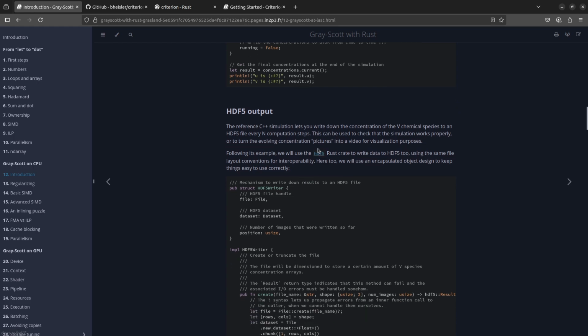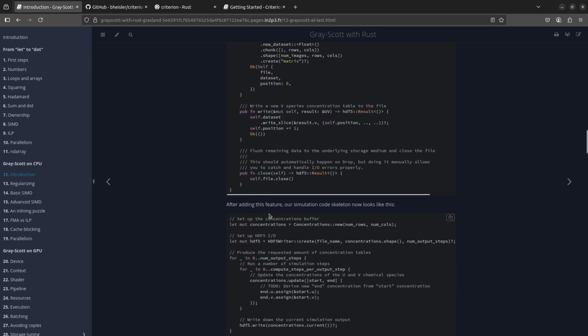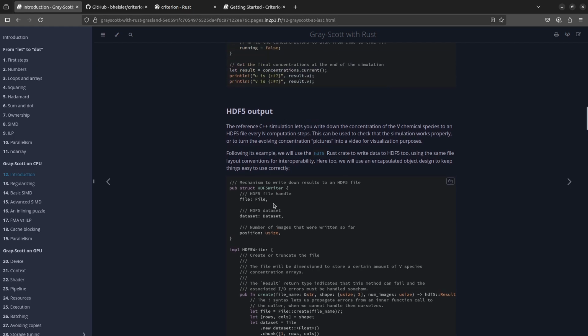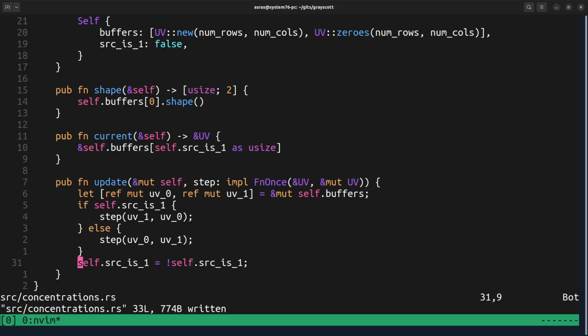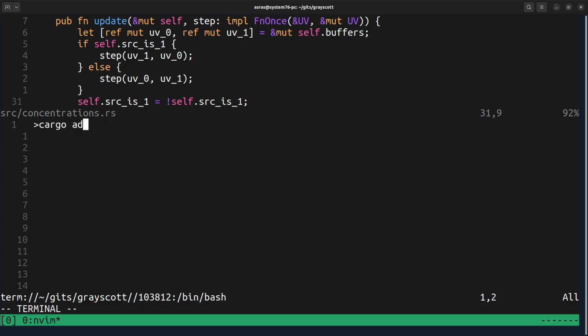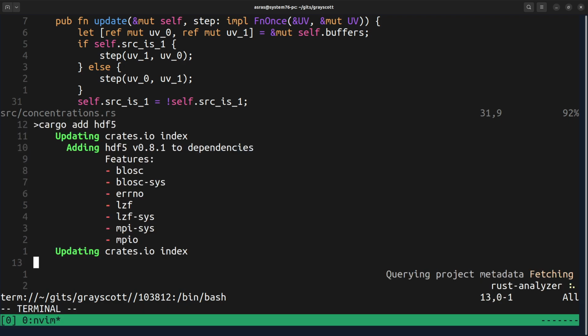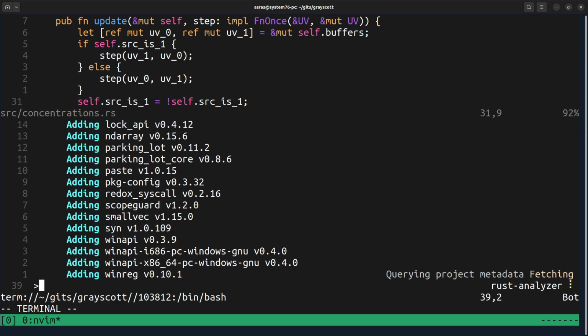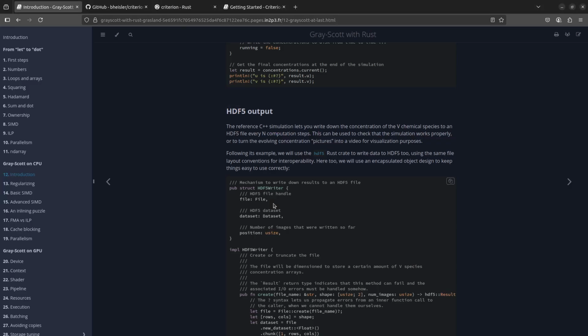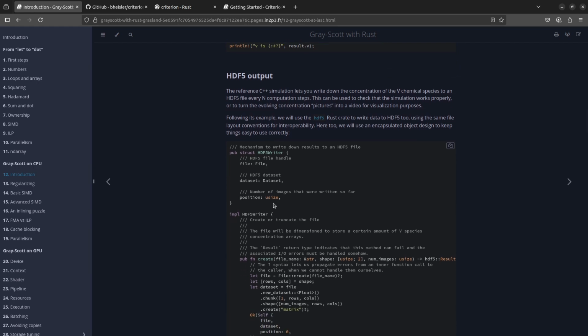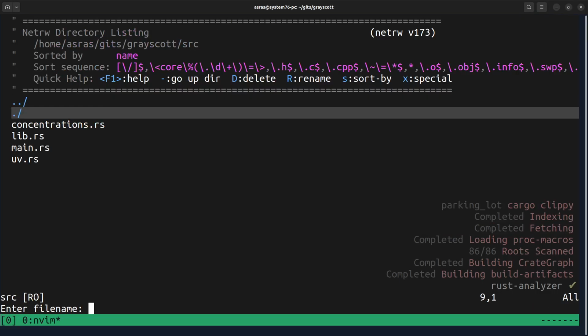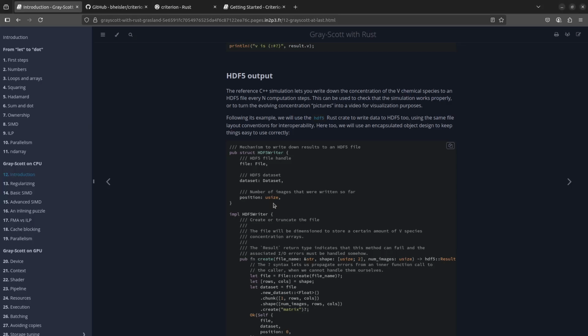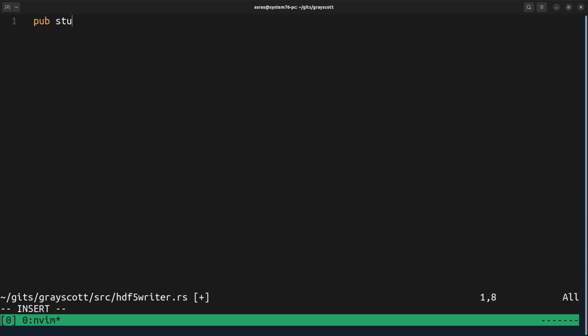HDF5 output. Now we need to be able to output our stuff some way. We can try to use this HDF5. Let's see if we can even add that. So it seems to work. And let's make a new file like that, where we'll have our HDF5